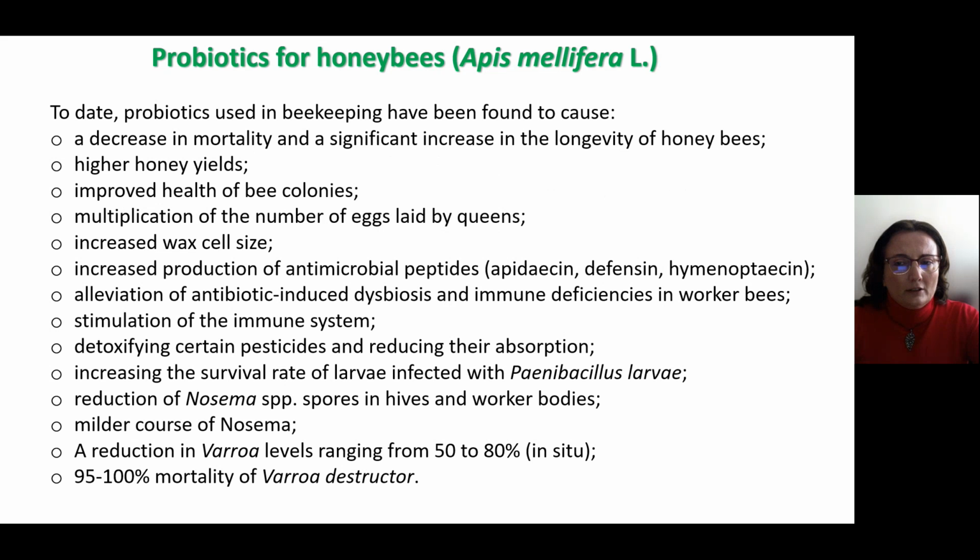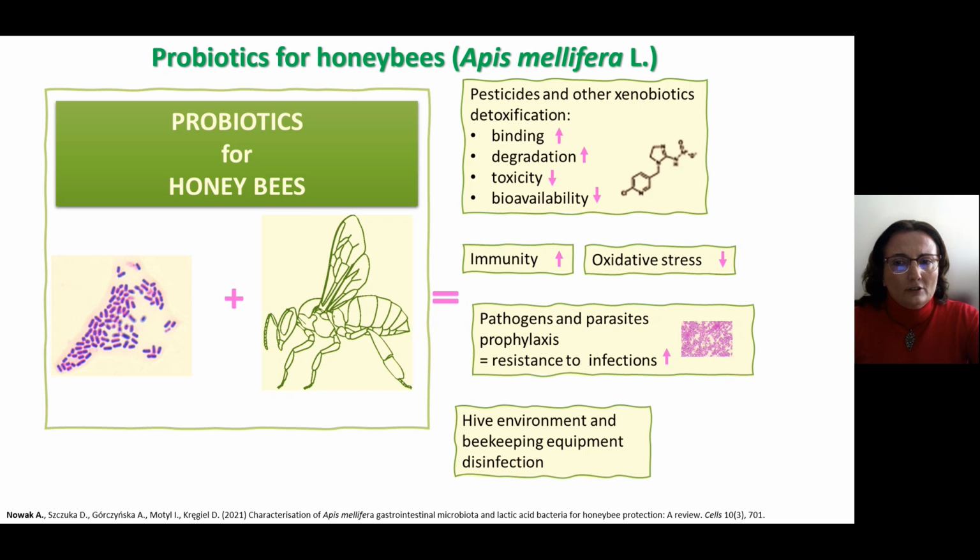This slide presents a summary of research on the effects of probiotic bacteria on honeybee health. The search for strains of lactic acid bacteria with specific beneficial health-promoting properties is intensive, long and expensive, and the effects must be confirmed not only by laboratory tests, but also by semi-field and field studies on bees. So both the strain and the preparation must show scientifically documented efficacy.